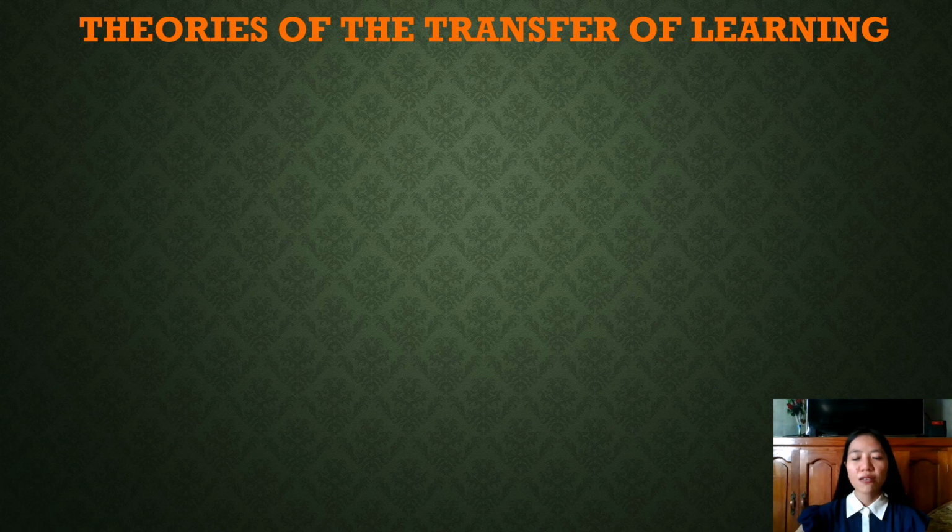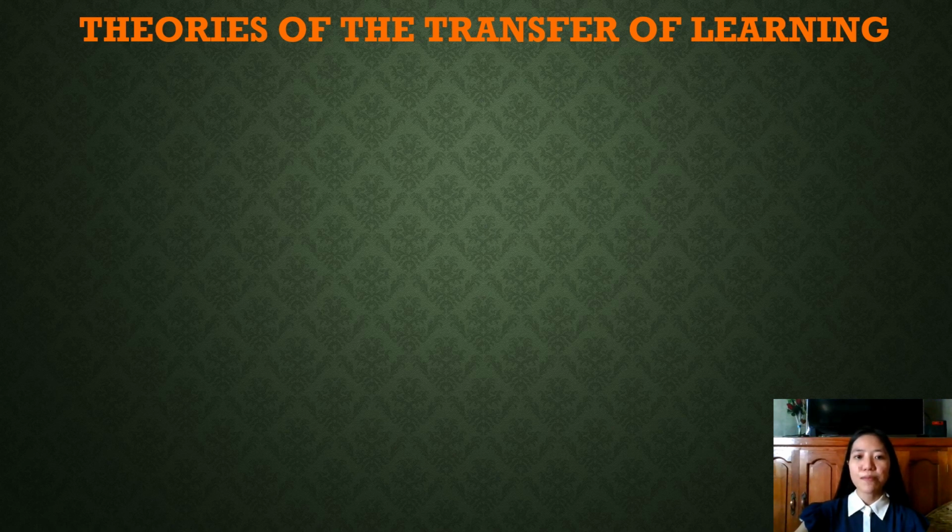We're done with the cognitive field theories of learning. So at this point in time, we will be conversing about some theories of the transfer of learning. Transfer of learning refers to the facility in learning subject matter due to a previously learned one. Acquired knowledge, skills, ideas, concepts, understanding, insights, attitudes, and values aid in obtaining the same in the study of another subject matter. Simply, it is the application to another situation from what was learned previously.